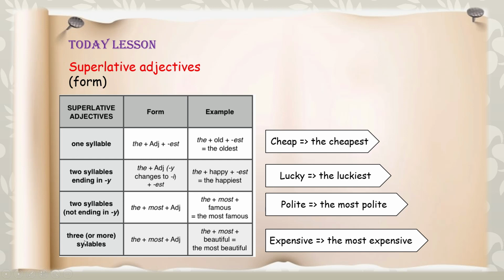Okay, for adjectives of three or more syllables, we have to put the word "the" plus "most" plus the adjective, and we have the word beautiful. So beautiful, when it becomes a superlative adjective, is "the most beautiful." The same thing with the word expensive: when it becomes a superlative adjective, we put "the" and "most," and then it becomes "the most expensive." Okay,